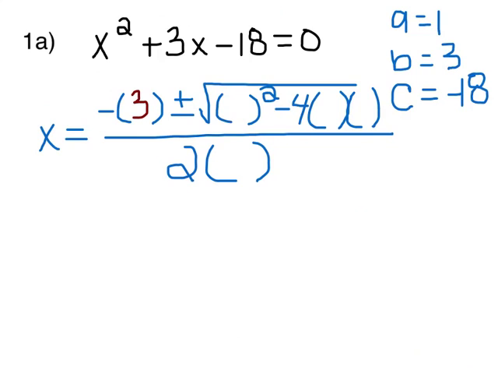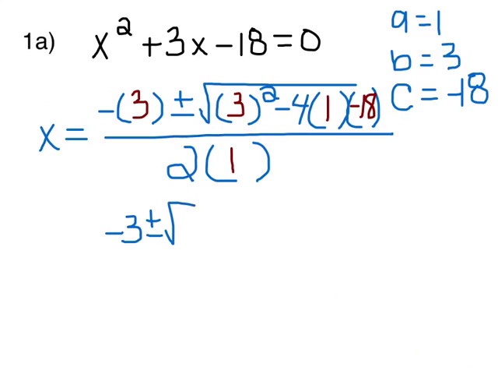Plus or minus the square root of b squared, again we'll be plugging in b right here, which is 3, minus 4 times a, which is 1, times c, which is a negative 18. And then on the bottom, in our denominator, we have 2 times a, and a is 1. Now let's simplify. We have a negative times 3,